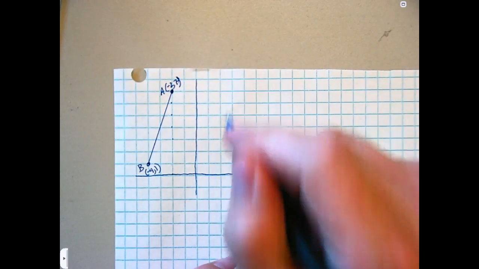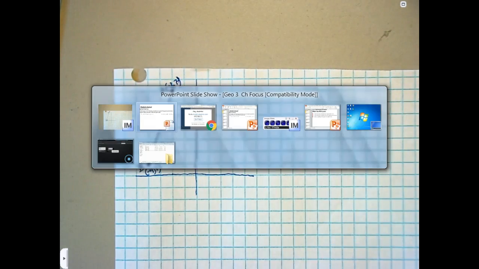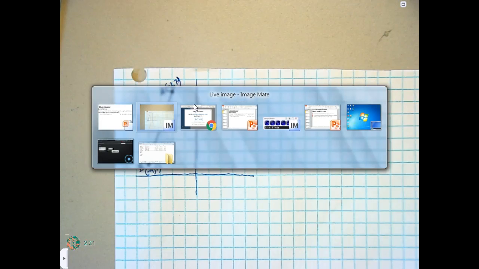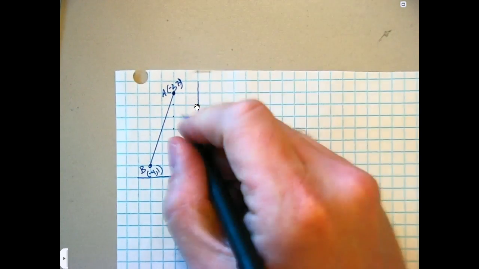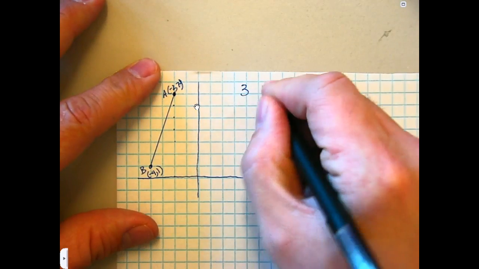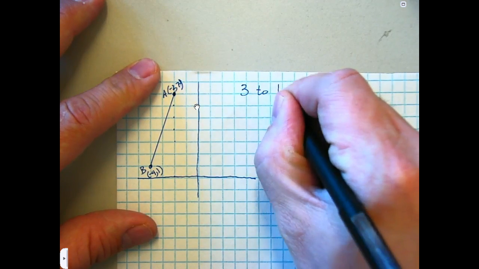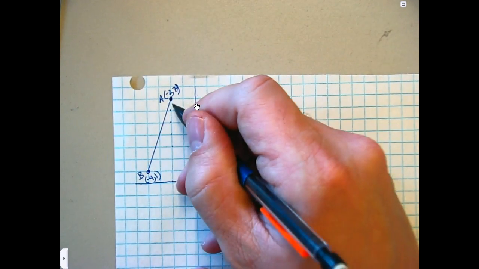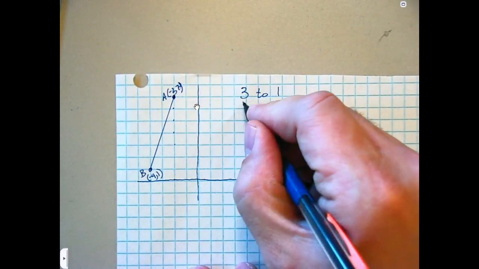I'll kind of skip back to that. It says, find the coordinates of point P along the directed line segment. So in other words, we need to put point P on our line segment somewhere so that we form AP and PB. And it's got to have this ratio 3 to 1. Okay, so if I'm looking to have a ratio of 3 to 1, when I put P somewhere on this line segment, so that AP